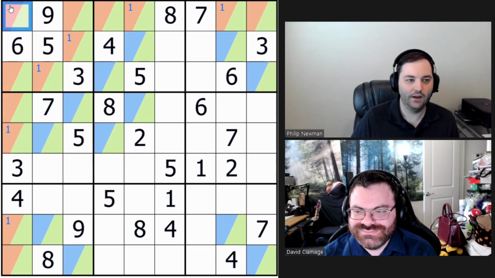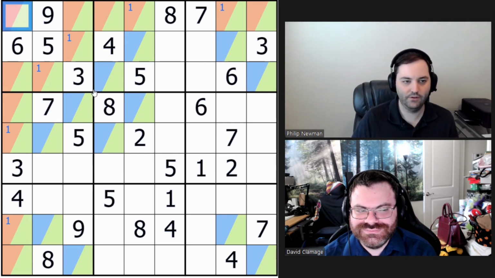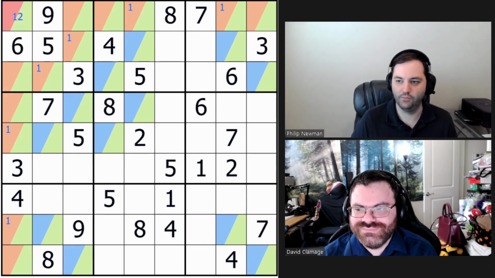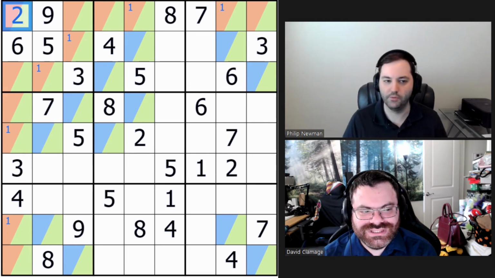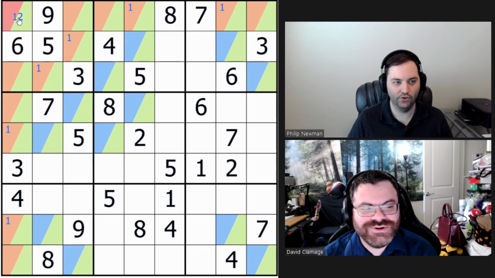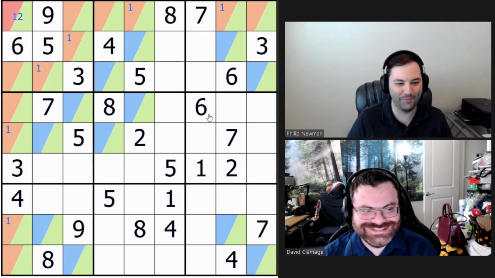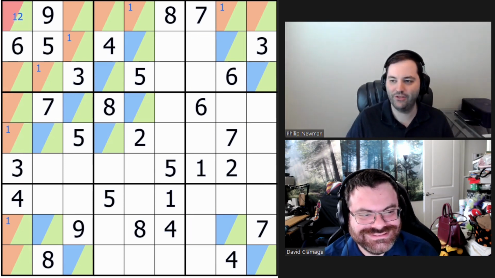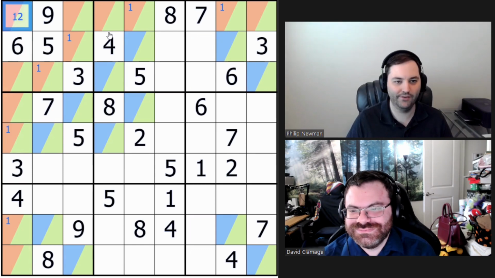So in this particular puzzle, it happens that was a 1-2 bi-value cell. So this becomes a 2. And that's what breaks the puzzle open. So if you were going to bifurcate this puzzle, you might try one in row 1. You try one there and you're going to have problems. But the thing with Oddagons,